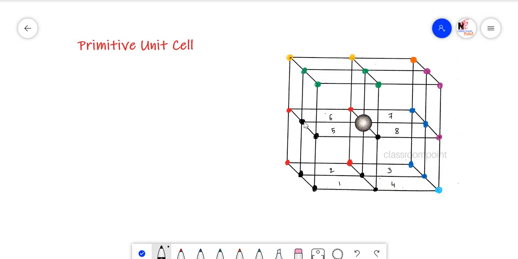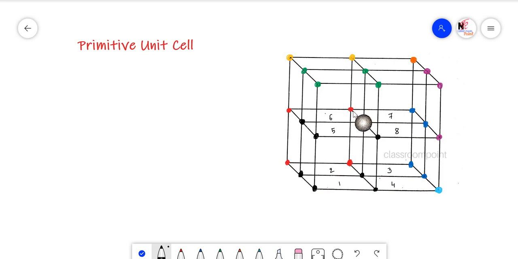If you observe this particular unit cell, the black spotted one, imagine this is one particular sphere or atom. Imagine that if all these other parts are not in touch with this particular cube, then this sphere entirely belongs to this unit cell only. Then the number of atoms in this particular cube equals 8, because 8 corners are there. But whenever this is in touch with the side unit cell, thinking that no other unit cells are present, then this particular atom is shared between the two unit cells.